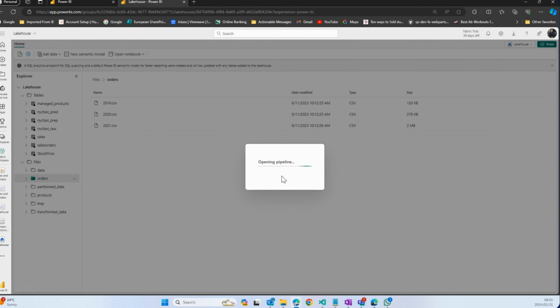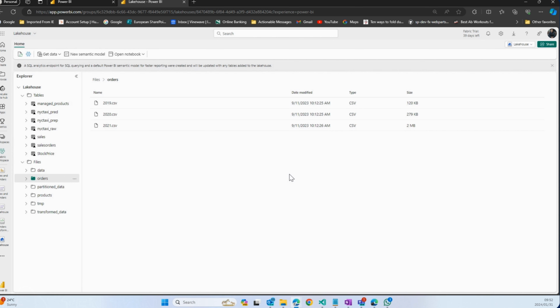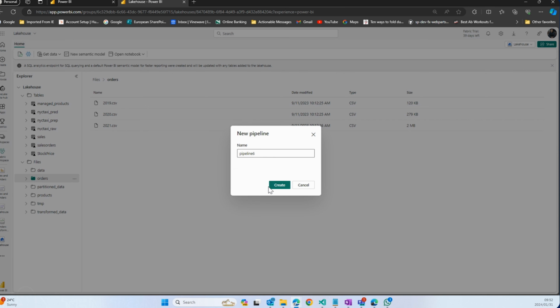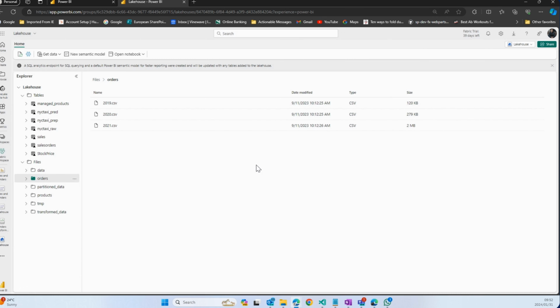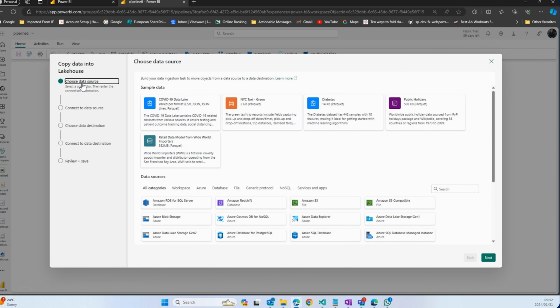Once you've got the data, let's just jump onto the pipeline here and show you some of the connections that we've got, because I did mention there are about 200. So let me just create a new pipeline. And this will show you some of the connection types that we can access. And you'll see there, it covers most of the scenarios that you would expect. This is web-based, so it takes a little time, but once it pops up, it tells me connect to data.